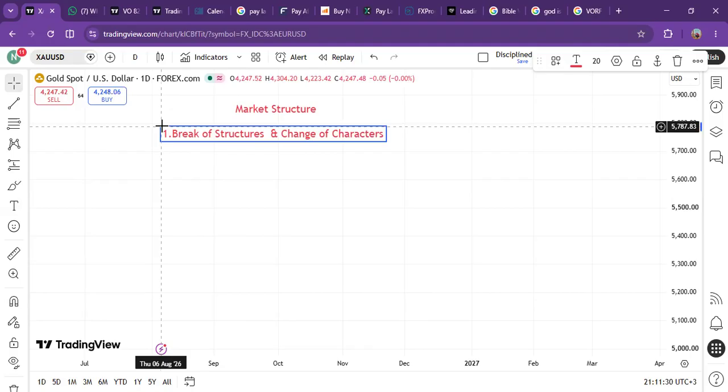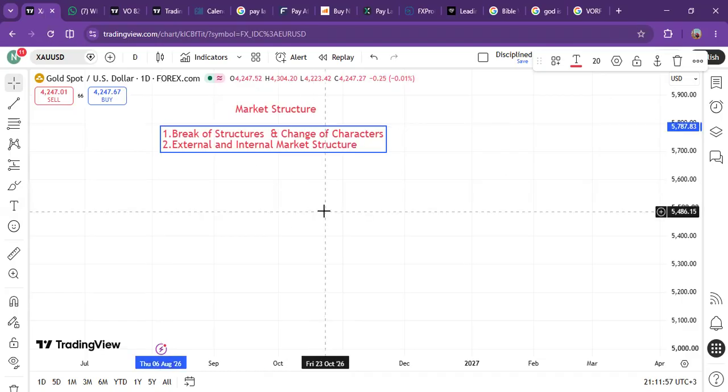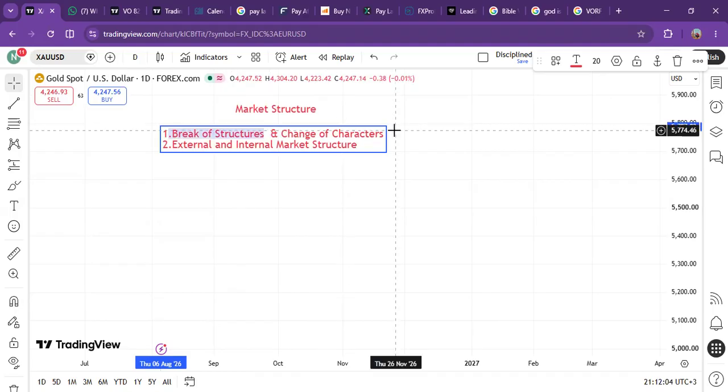And the change of characters. Then from there, we are going to have a look at internal and external market structures. So we have external and internal market structures. Okay, so those are the two main topics that you're going to have a look at. And we're also going to have a look at how to mark the valid break of structures and valid change